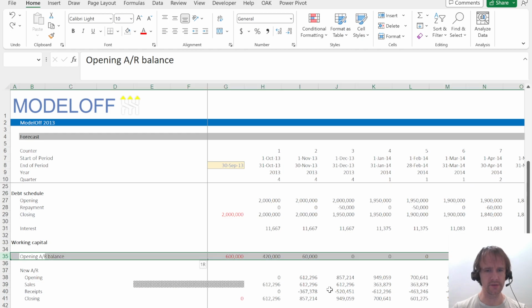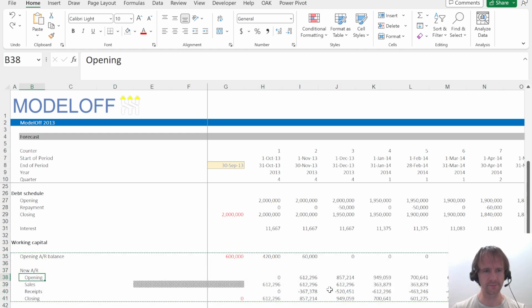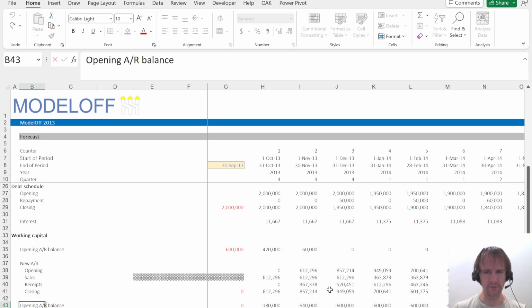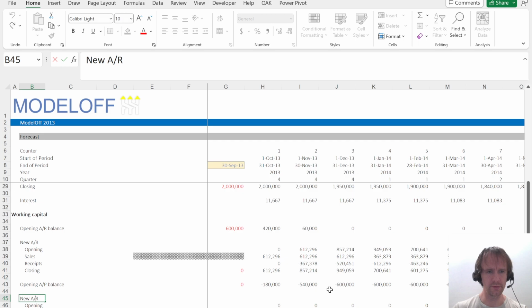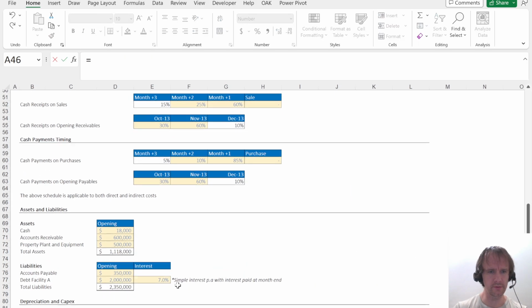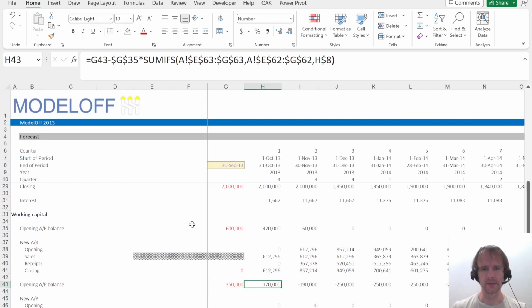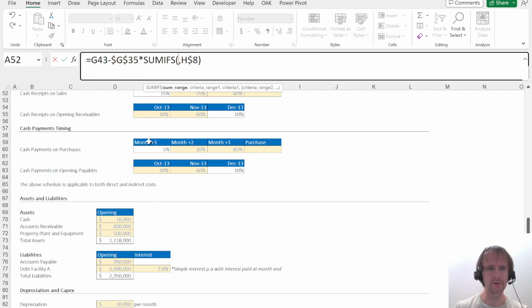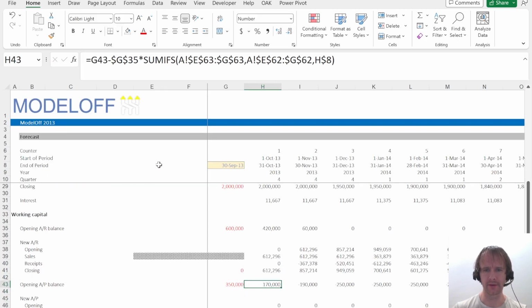So that's the receivables. Now let's do the same thing for the payables. So opening AP balance and new AP. The opening balance for accounts payable is this 350. And we need to reference a different table for this. So payables, yes, here and here. And again, the quick,